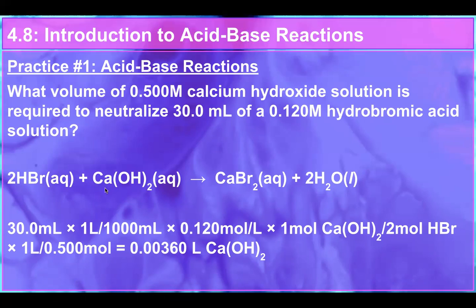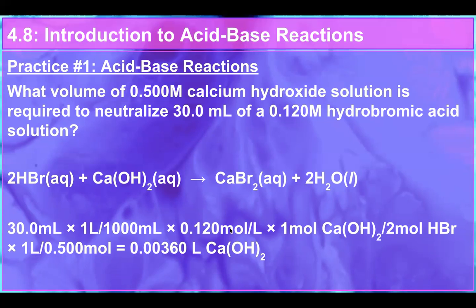So we have HBr and Ca(OH)2 that will yield calcium bromide, CaBr2, and H2O. Balanced, we'd have 2 HBr and 2 H2O. So what we will need to do is take our known 30.0 milliliters, convert that into liters, and then multiply by the concentration to get the number of moles of hydrobromic acid. All right, 30 times 1 over 1,000 times